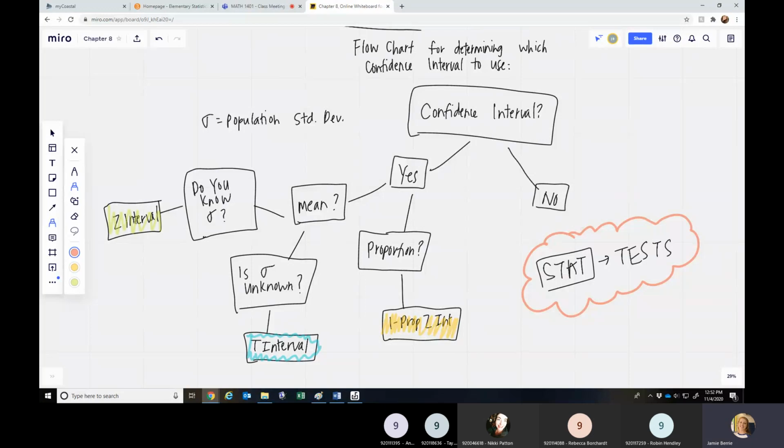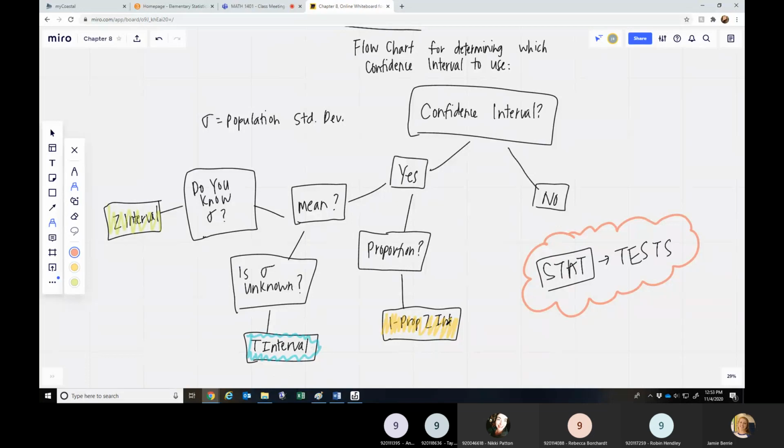If you do not know the population standard deviation, the problems in this section are going to be either a little data set, like the one we had about a pre-test and post-test and how much their score increased by, where we had to plug the tiny data set into our list, or it's going to give the sample standard deviation instead of the population standard deviation. So if you do not know the population standard deviation, then you're going to do a